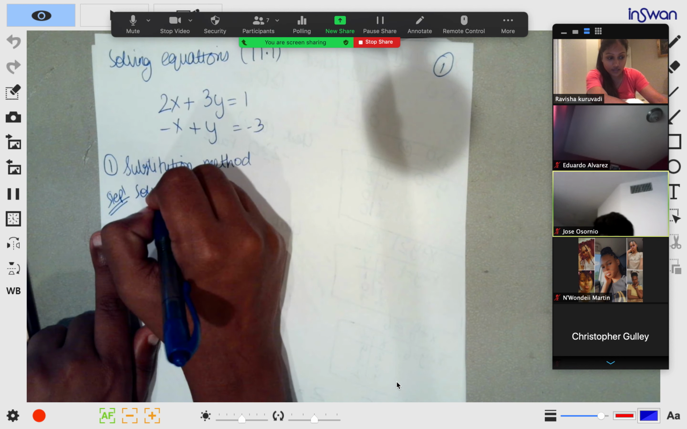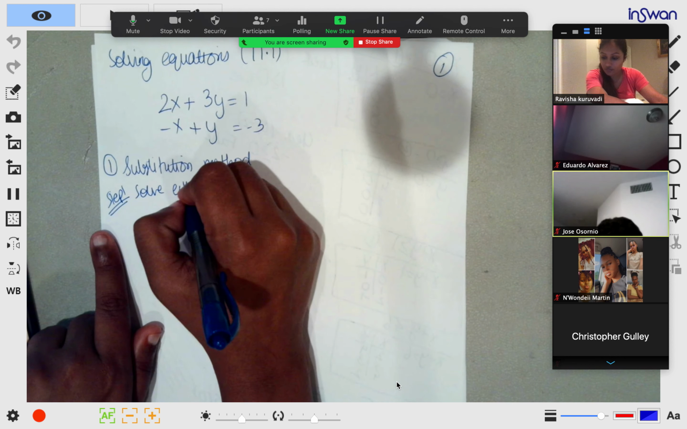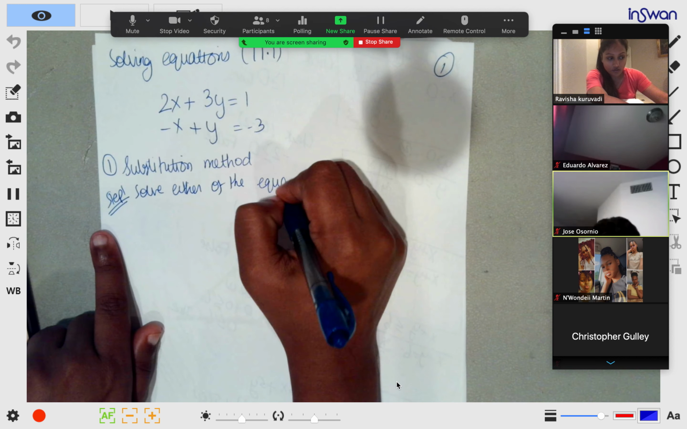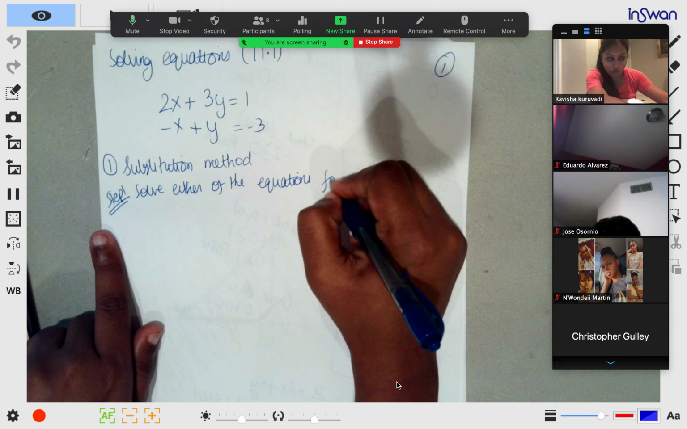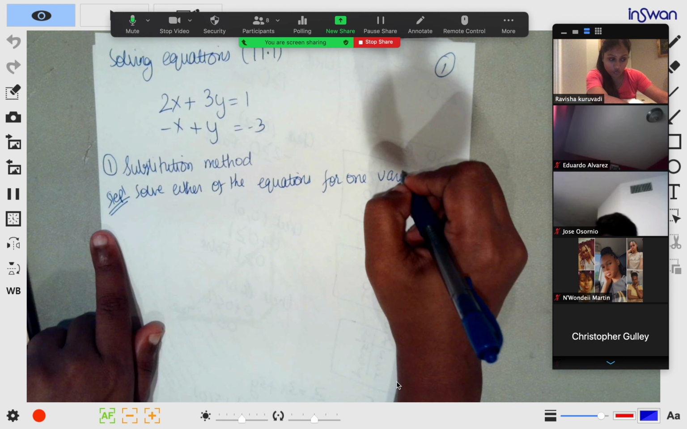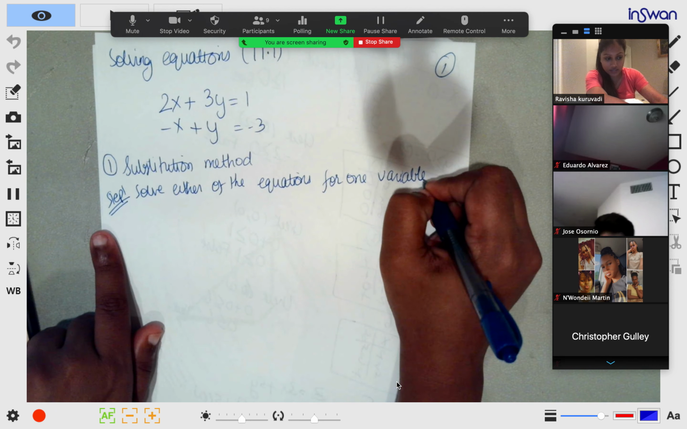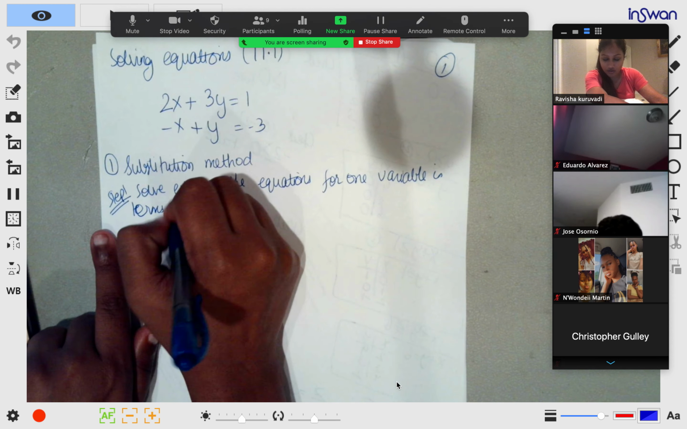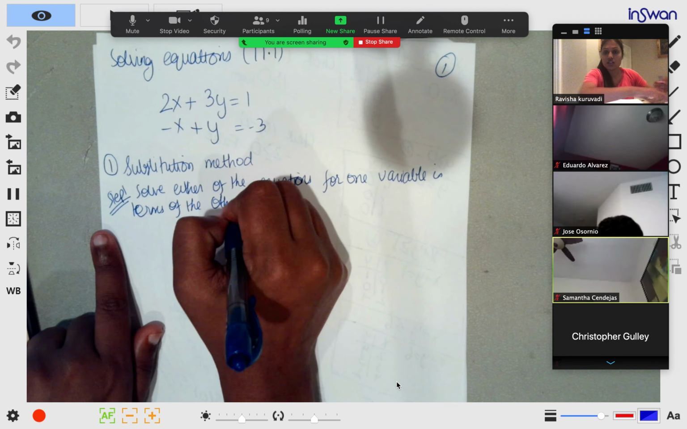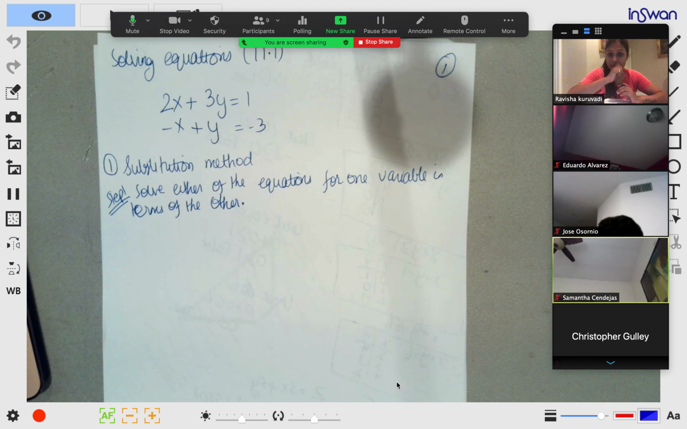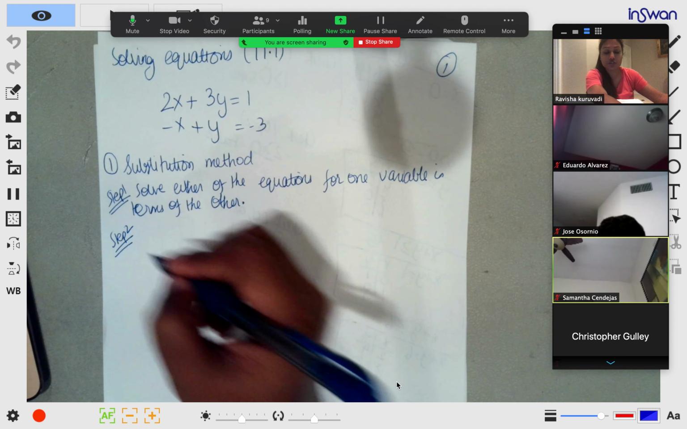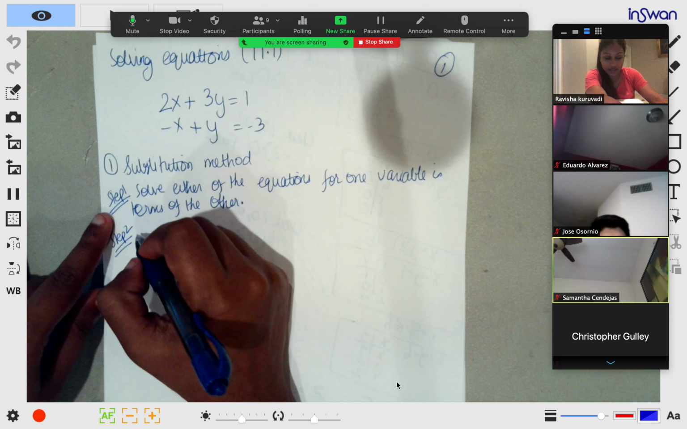solve either of the equations for one variable in terms of the other. If you don't understand my writing, let me know, but this is not in your book, so make sure you make this note. Next thing is